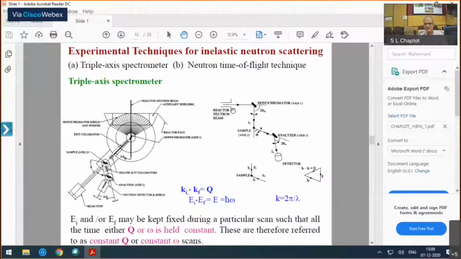Now, typically these distances are about, from the reactor to monochromator is typically a few meters, say 4 to 5 meters. Monochromator to sample again is about 1 or 2 meters. From the sample, then again we have an analyzer, typically again a meter away, and this has a flexibility of going at any angle in the plane. And so there is another analyzer crystal. And once again, from the Bragg angle of the analyzer crystal, one can find out what is the wavelength of these neutrons which are scattered from the sample. And then you have a detector.